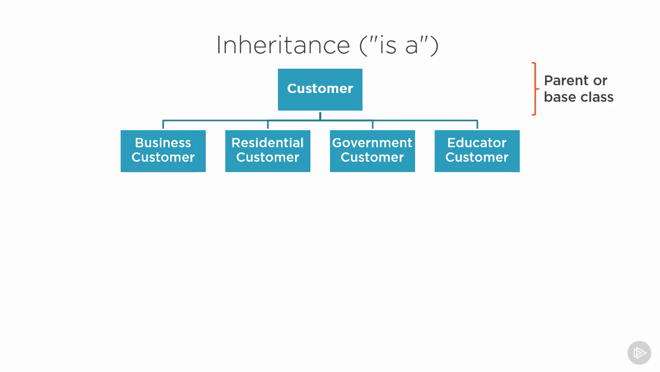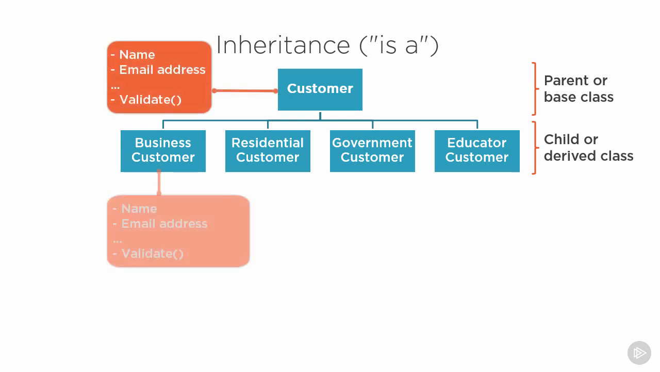Each specialized class is called a child or derived class because it is a derived special case of the class above it in the hierarchy. Each child class inherits or takes on the members of its parent class. In our example, the business customer class inherits all of the members of the customer class, including the customer name, email address, and so on. The specialized business customer class would only need to implement the additional features for the specific type. In this way, the specific classes leverage reuse in that they are using the properties and methods already defined in